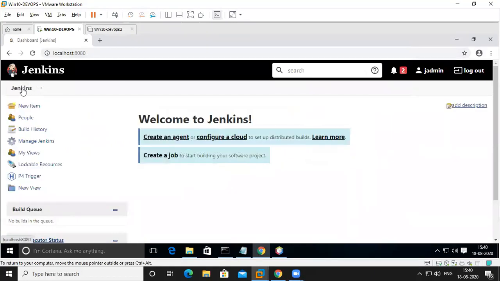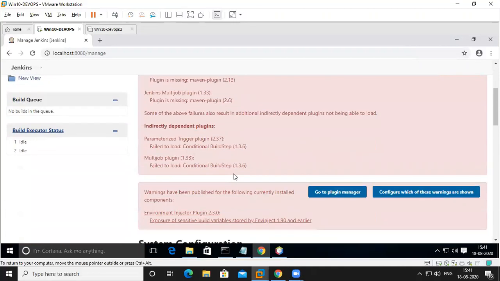Okay, I'm going to my Jenkins. So what to do now? Here, first go to Manage Jenkins.